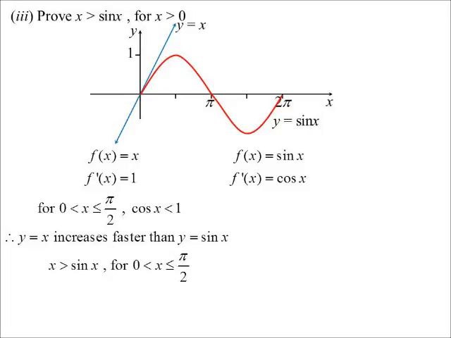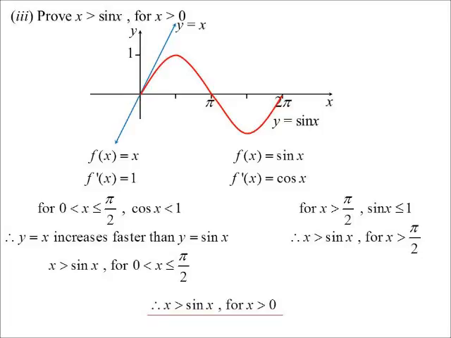Well, the first derivative measures how quickly it's increasing. So therefore, the blue line is increasing at a greater rate than the red one. So therefore, it must be above it because they are beginning at the same point, that being 0, 0. So we know that y equals x is increasing faster than y equals sine x, so therefore x is greater than sine x. Now, we know that once we go past pi on 2, sine never goes above 1. So clearly y equals x will always be above it at that point. So therefore, x is indeed greater than sine x